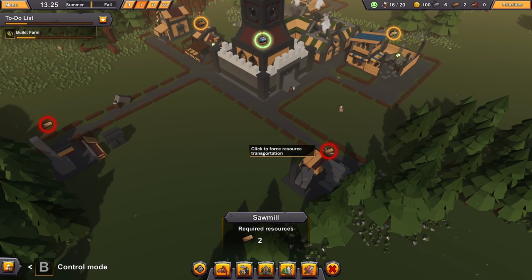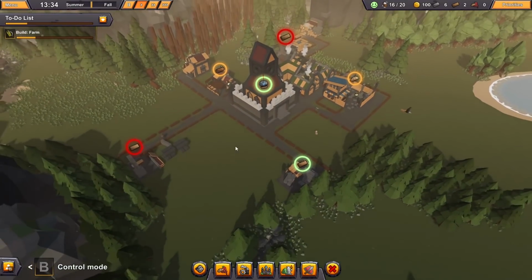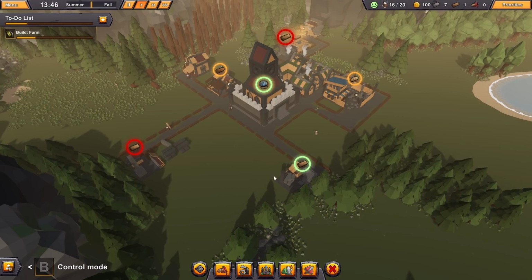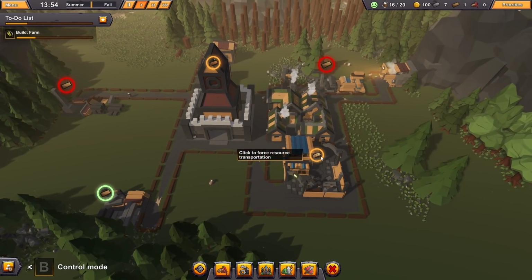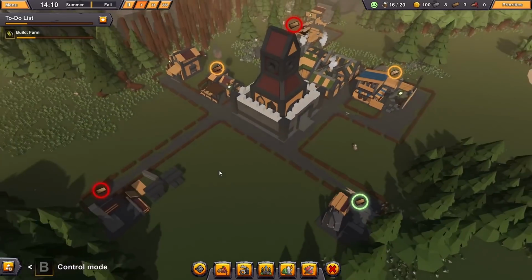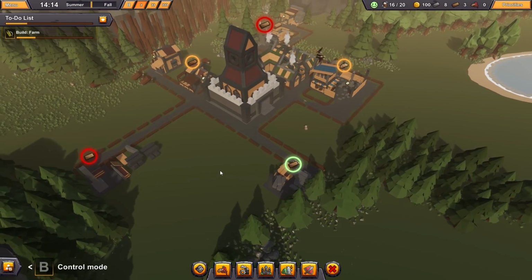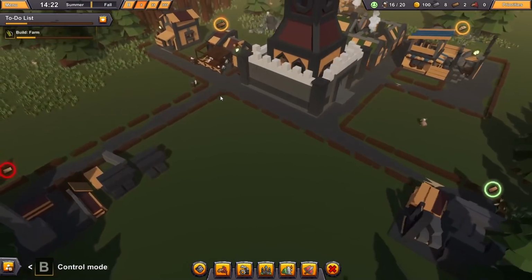There did seem to be a thing that said forced transportation. There we go. So that's the way to prioritize not necessarily construction, but the delivery of the construction materials, which obviously, once those materials are there, then it becomes the first. Oh, I see. So we can tell them to prioritize one area to deliver stuff to. Right now it looks like we have 3 planks,